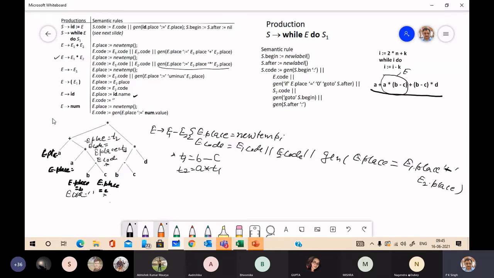So here again it will use this very production.